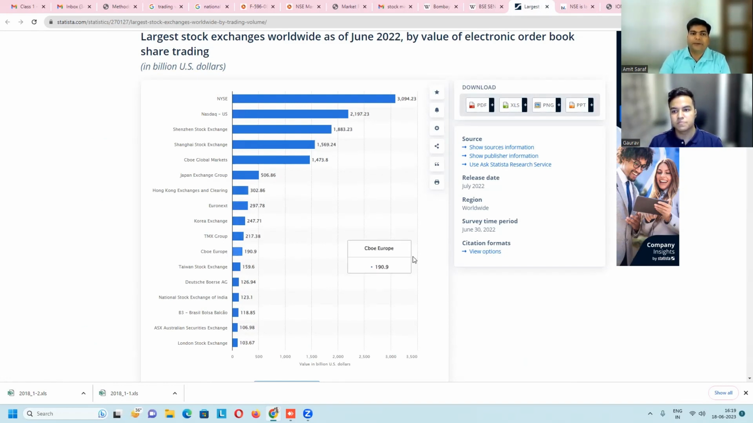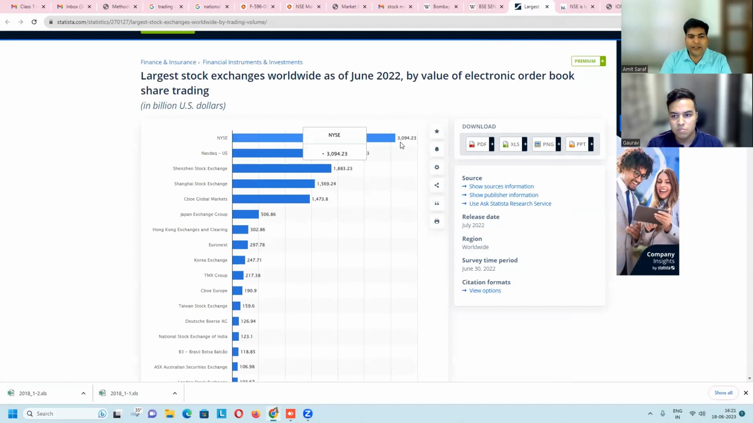Let's see where our stock markets are standing. The biggest stock exchange is the New York Stock Exchange in terms of electronic order book share trading. The value of shares traded stands at 3094 billion. That is about 3 trillion US dollars that we are talking about here. This is the size of volume in a particular exchange, world exchanges, and see where India is standing. The largest stock exchange is the New York Stock Exchange for equities, with turnover of about 3 trillion,